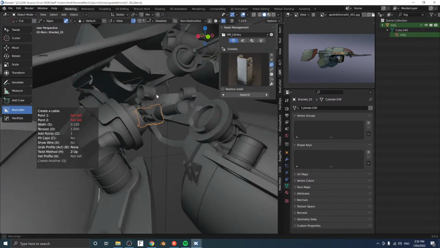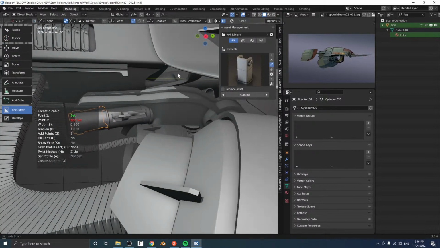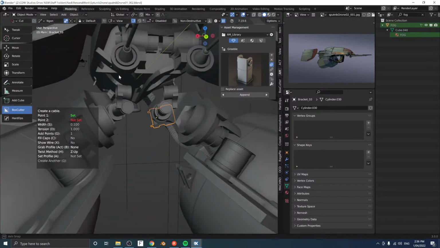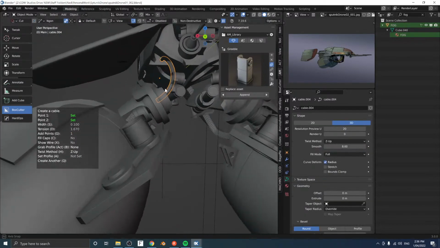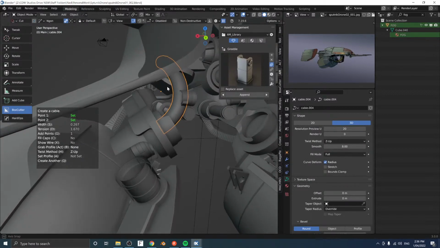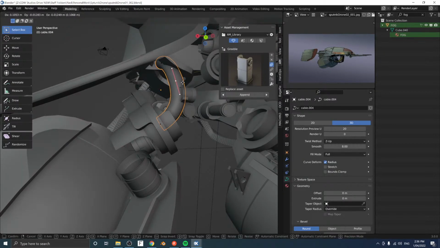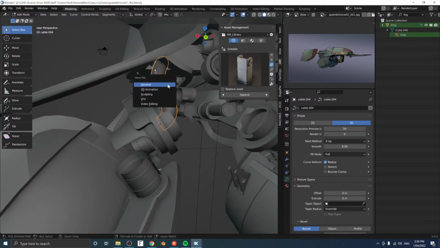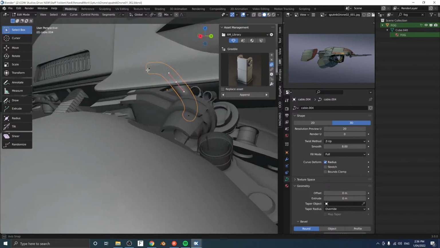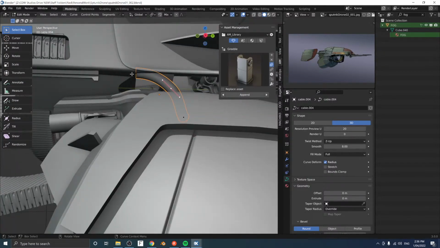Add some cables in here. Have something to push a bit of a silhouette out to the side. Something here that